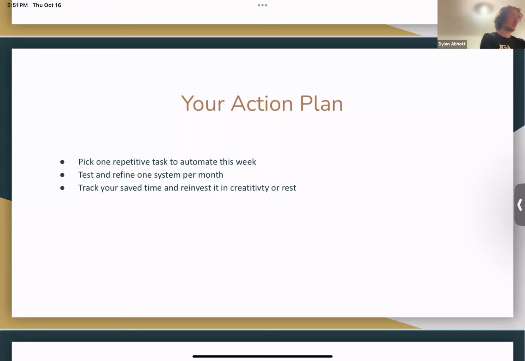Okay, great. So now, when you go about this, how would you track your saved time and reinvest it in creativity or rest? Tracking it, I'd probably just look at my screen time for Gmail. Good.